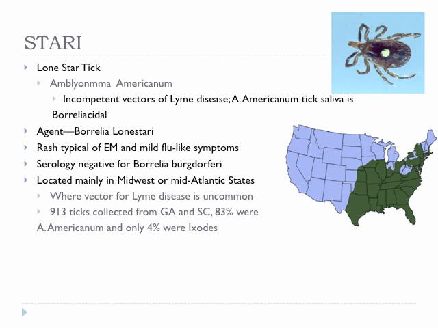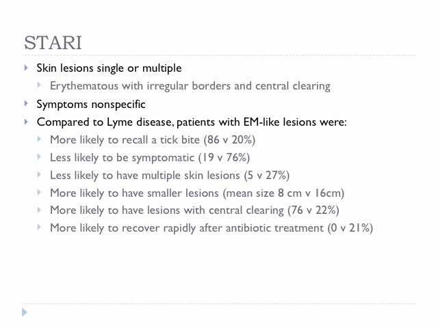will be negative. It's located mostly in the Midwest and Mid-Atlantic states, and they've done analysis of ticks, a lot of them from Georgia and South Carolina. Most of them were lone star ticks, and a very small proportion were Ixodes scapularis ticks. So the lesions can be single or multiple. The symptoms are non-specific. The clinical course is very mild compared to Lyme disease, and they've done studies where they